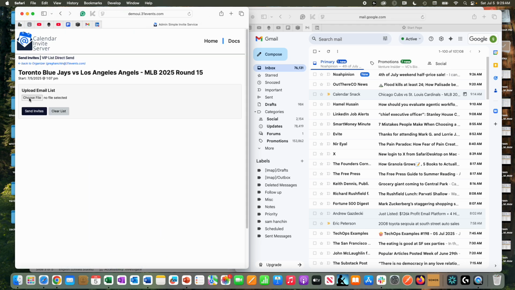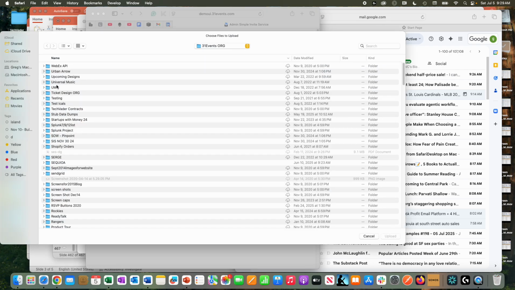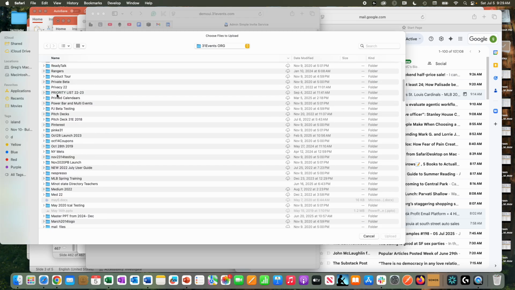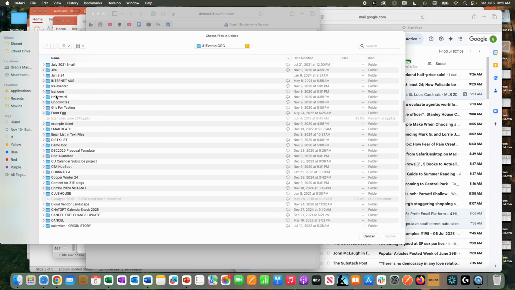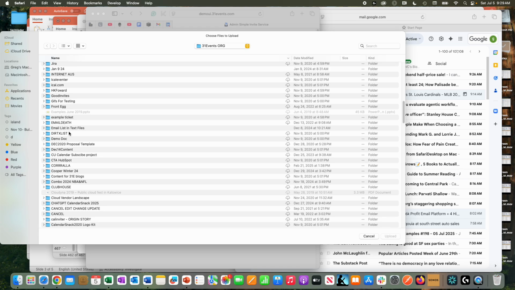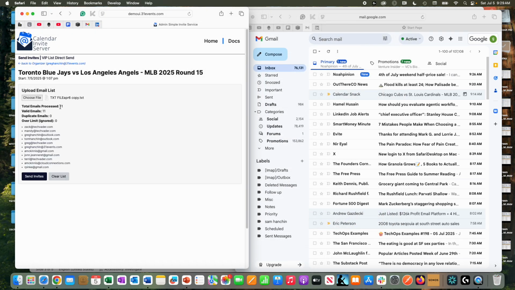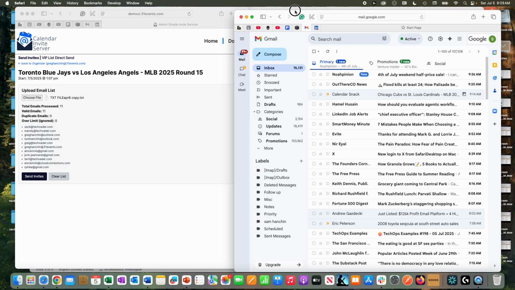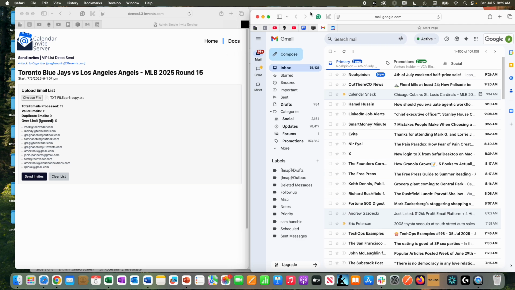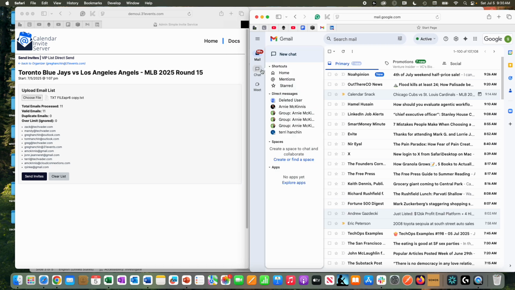a simple batch of calendar invites to a baseball game. And as I scroll down here, you'll see that I have various folders, and inside this folder here is a text of just 11 emails in which I'm going to send a calendar invite to for the Toronto Blue Jays, which is for today. And so this is just to demonstrate that our bulk calendar invite engine on AWS server